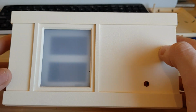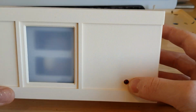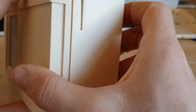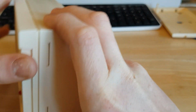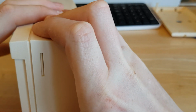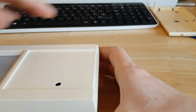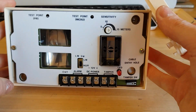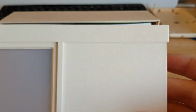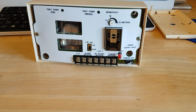Right, so I don't know if this comes apart in the same way as the Raycall Gardel PIR that I keep referring to. There seems to be, well, God, that one's unclipped, the top one, it's just this bottom. There we go. So that cover lifts off to reveal the insides. There's the cover. And that's the pre-drilled hole where the LED will shine through. I think there'll be a...